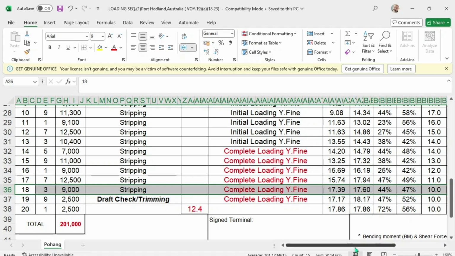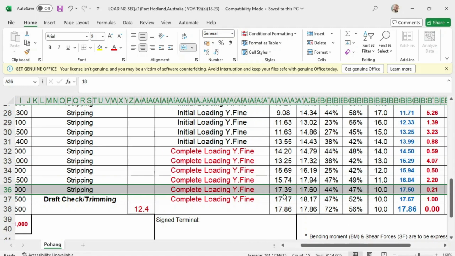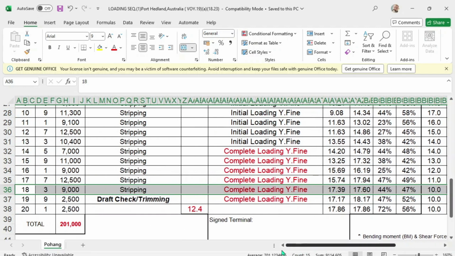When the vessel reaches this draft, she will stop and the chief officer will make rounds to visually check the drafts forward, aft and midship, port and starboard, so that they can compute the remaining cargo of approximately 5,000 metric tons to load.